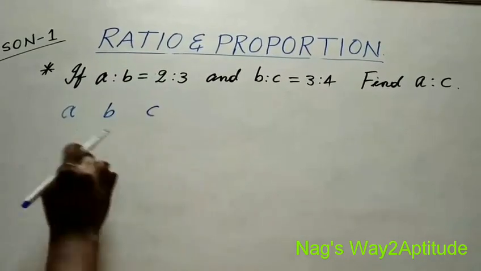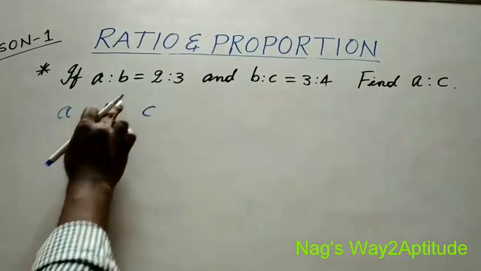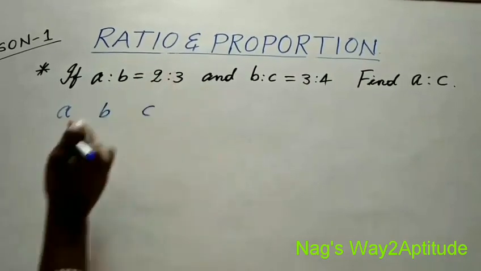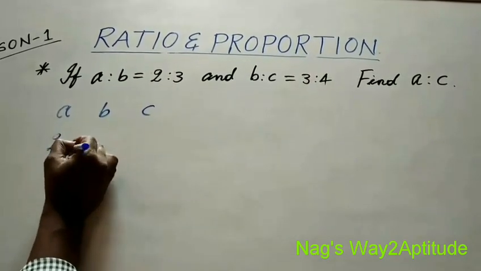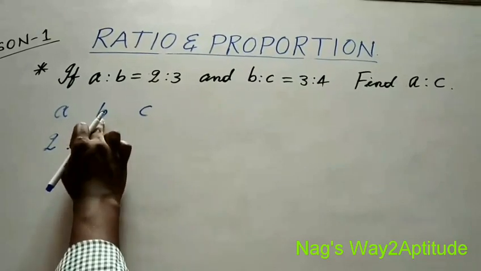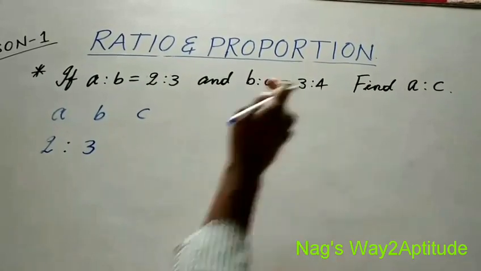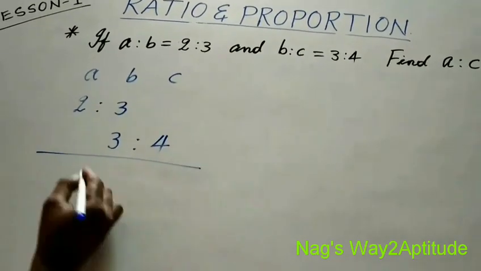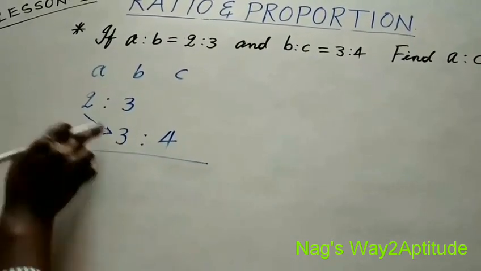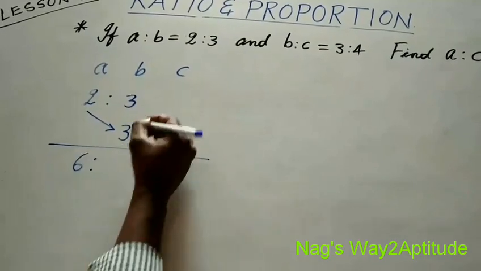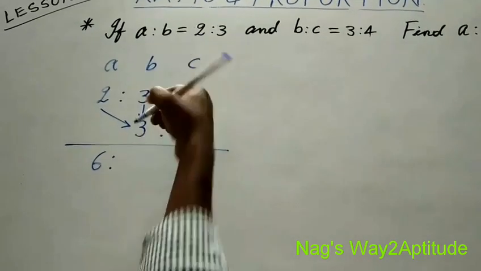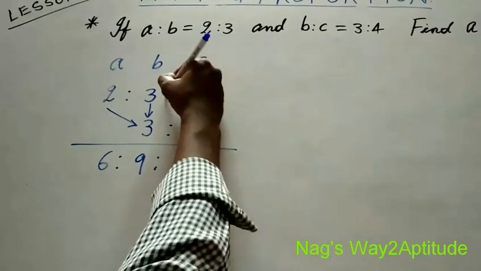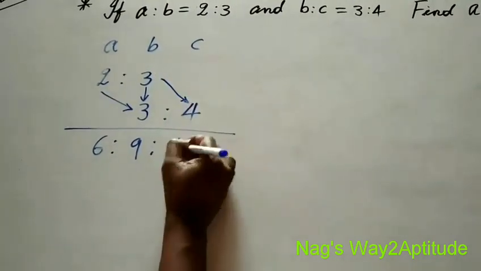You write A, B, C. What is the value of A is to B? 2 is to 3. So write 2 is to 3. And what is the value of B is to C? This is 3 is to 4. So write 3 is to 4. Now you multiply these two terms. 2 3s are 6, and these two terms 3 3s are 9,